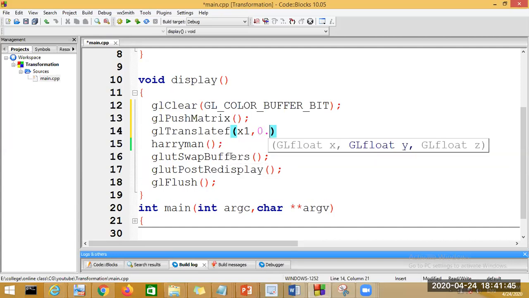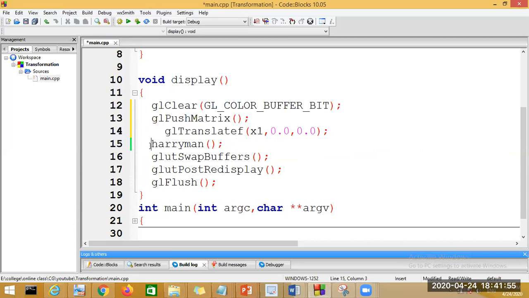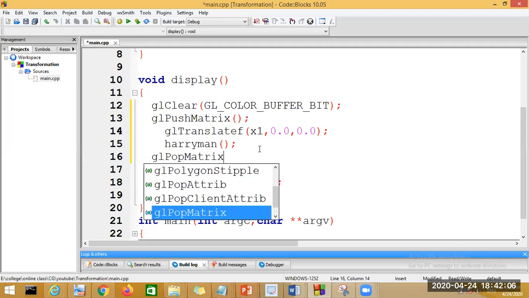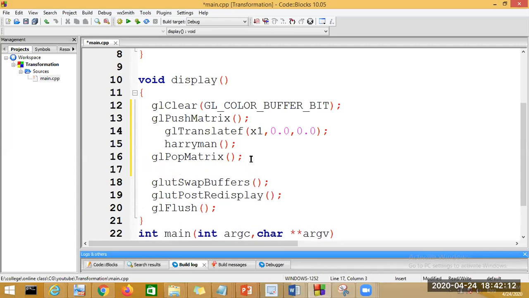I want to move along the x-axis, so I put x1 on the x-axis. To complete this, after this push matrix, I will put the pop matrix, glPopMatrix. So glPopMatrix is done. Since I have used x1 here, I have to make it move, no?